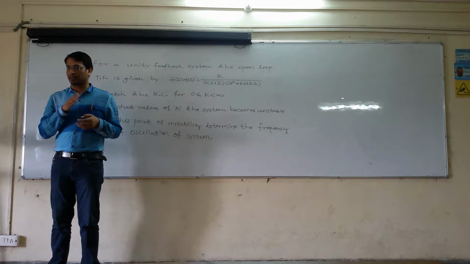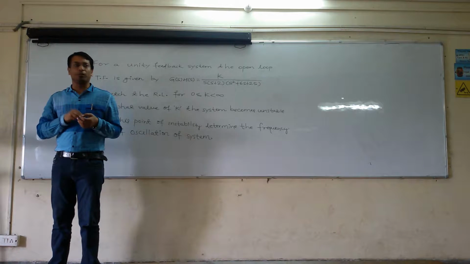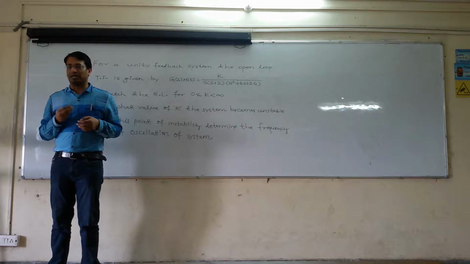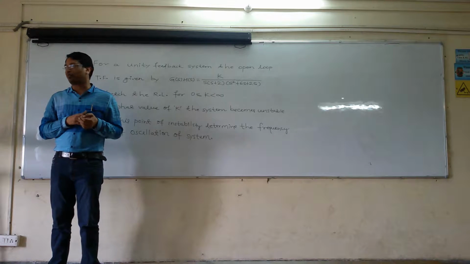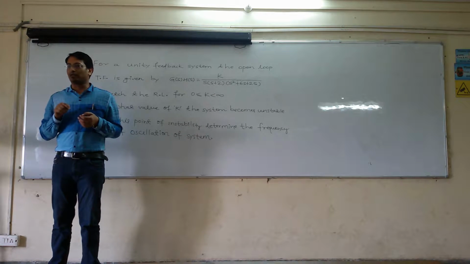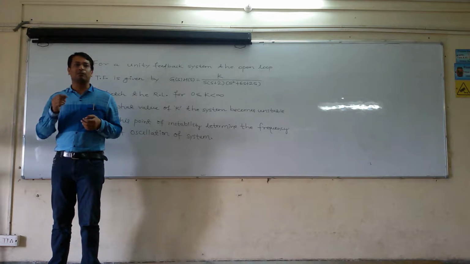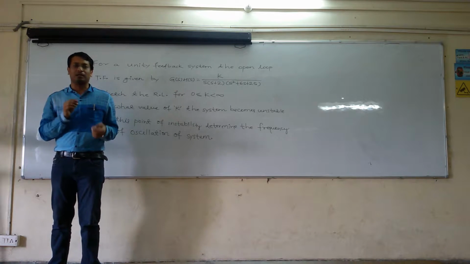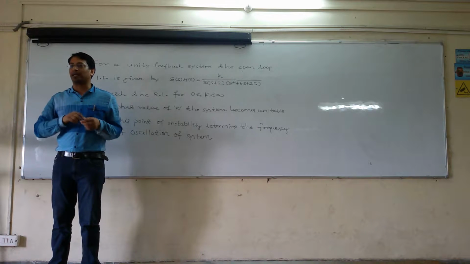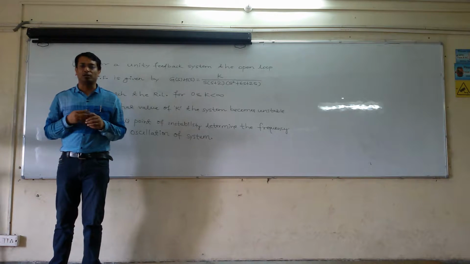So these are three possibilities of a breaking point on the real axis. We are not talking about a general point, but if it has to be on the real axis, these are the three possibilities. Correct? Then in the next rule we analyzed how to find these breakaway points. For finding the breakaway point, you have to represent the equation in the form of k, that is, the gain of the system as a function of s. Then differentiate k, find dk upon ds and put it equal to 0. So we will get some values of s. If these values of s are real, then you are lucky enough. I have said that then the breakaway point will lie on the real axis, so you can directly apply those three possibilities of breakaway or breaking point.